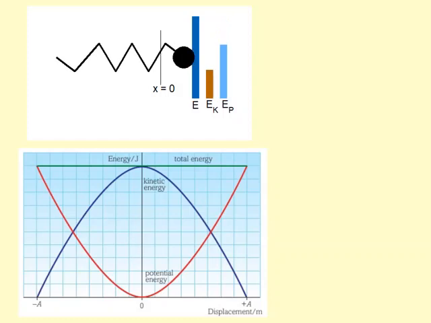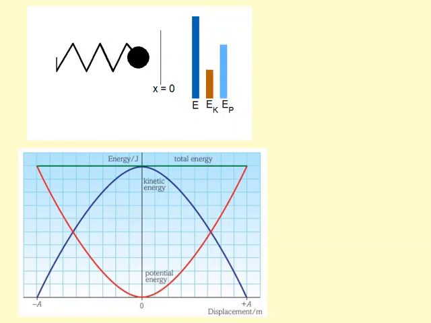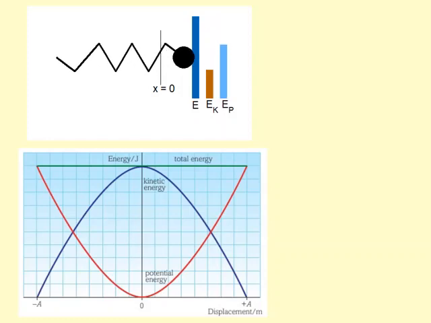While when it's in the center, it's going the fastest in either direction, and it's got maximum kinetic energy in the center. The total energy stays constant because there's no resistive forces, so none of the energy is being wasted as thermal energy. So what we have in this diagram here, we can see when it is maximum here,